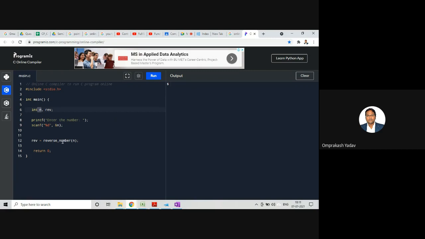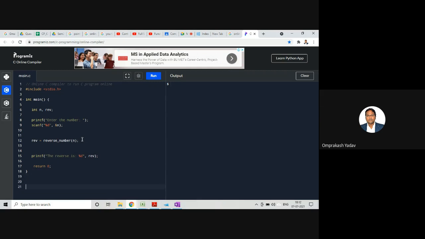Now here we are writing the function after the main, so we need to write the function prototype for that one. Now at the left-hand side, if you see here, there is an integer variable, so this particular function is going to return the integer value. Now after this, printf "the reverse is %d", and just give that particular variable name.